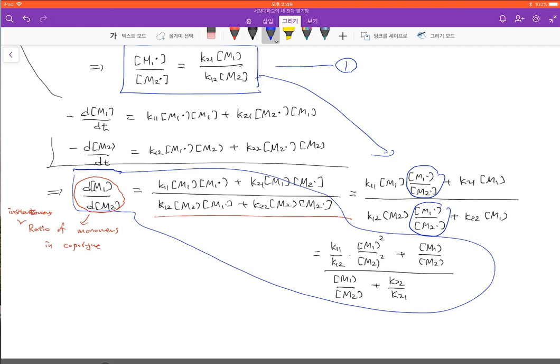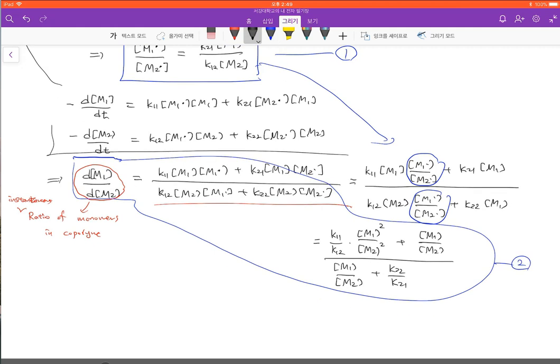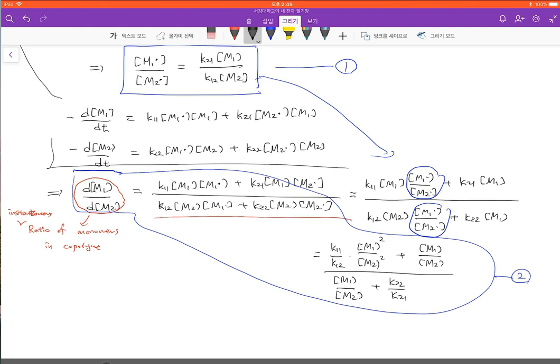So we have this expression. This is the second equation, basically the second one. If you combine the first and the second one,